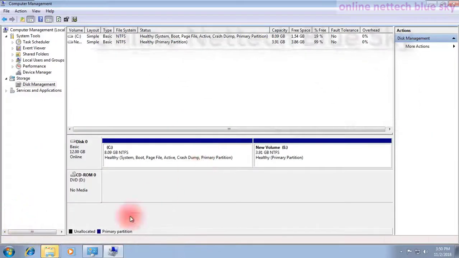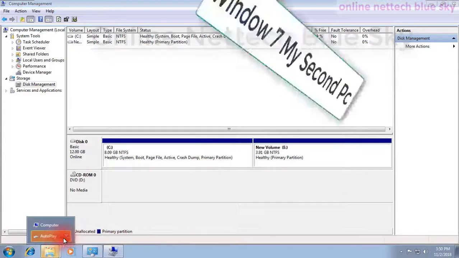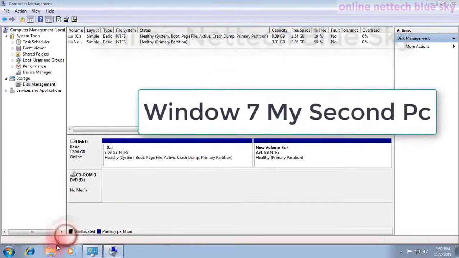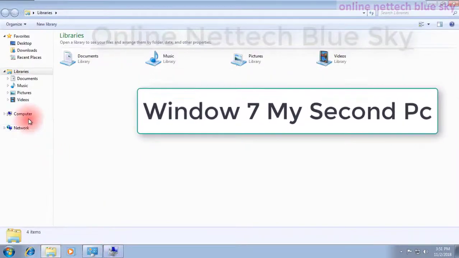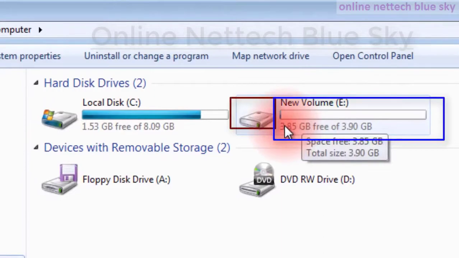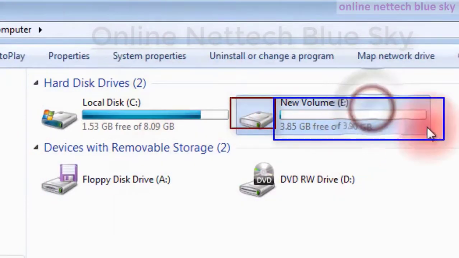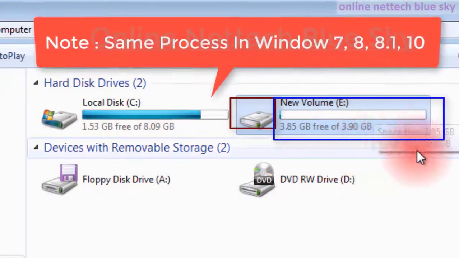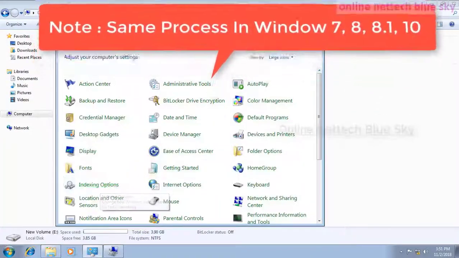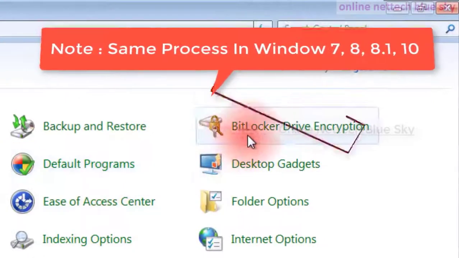I'm not locking on my Windows 10 computer, because my computer has a lot of data, but I'm showing this process on Windows 7. It is the same process on my computer. Here is my second PC, and you can see BitLocker Drive Encryption.